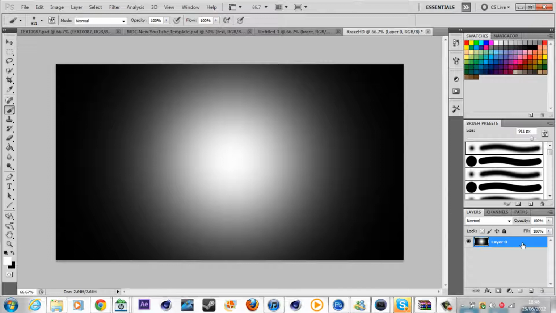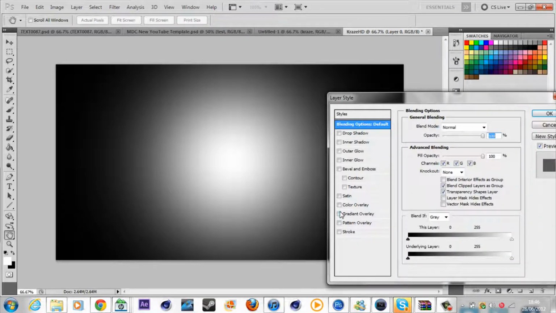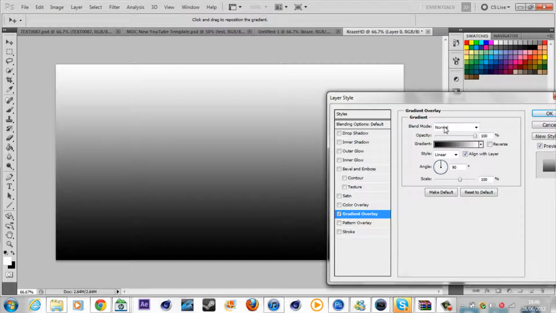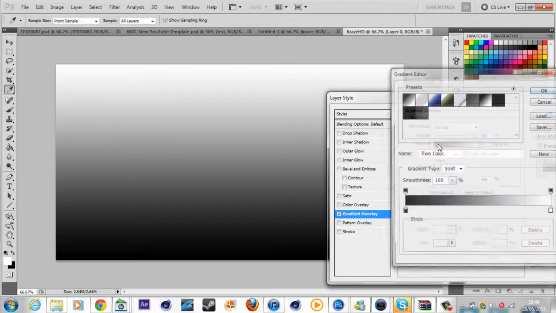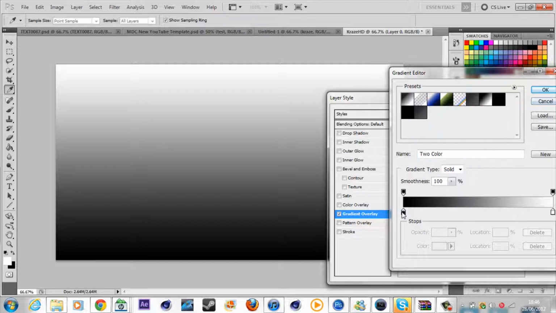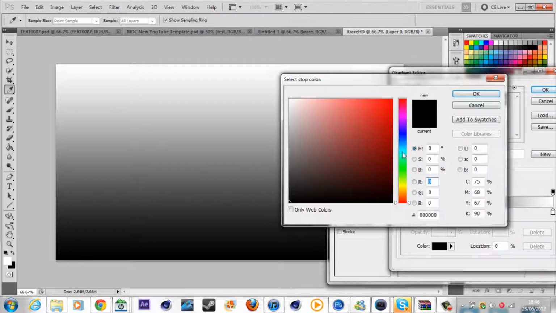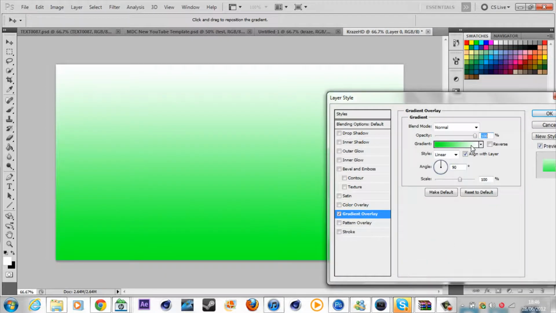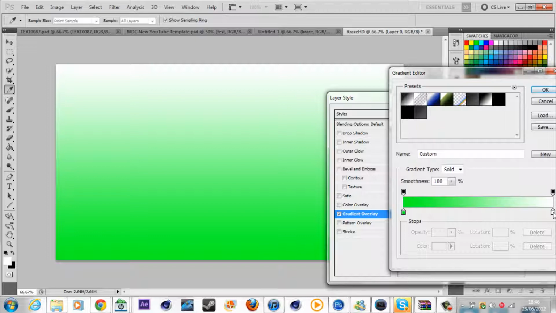Then what you want to do now is actually right click the layer and go to blending options and gradient overlay. Okay, now you want to go to the gradient and you want to double click on this left one here. Then you want to pick maybe a green, maybe a dark kind of green, like so. You want to go to this white tab,